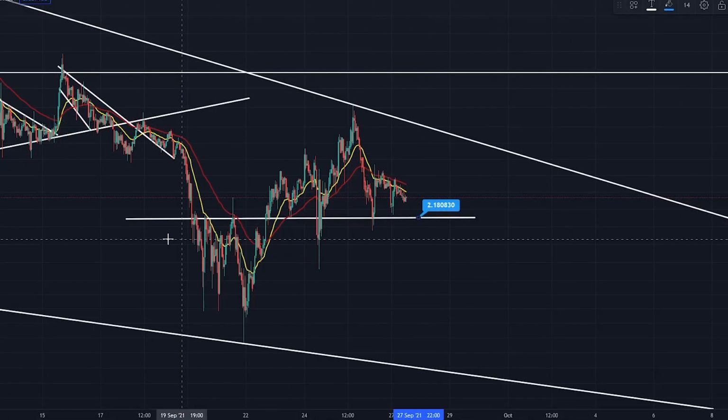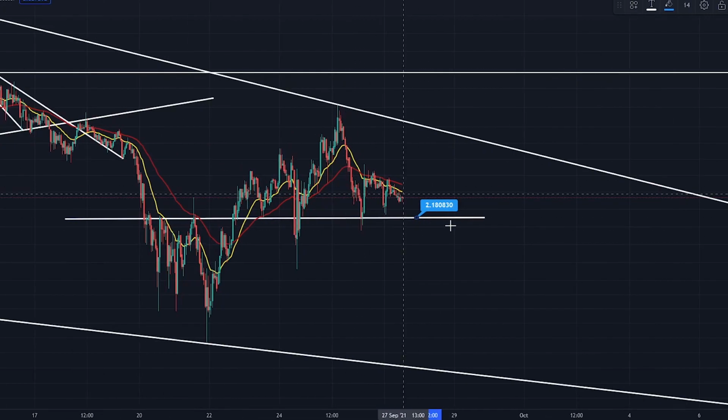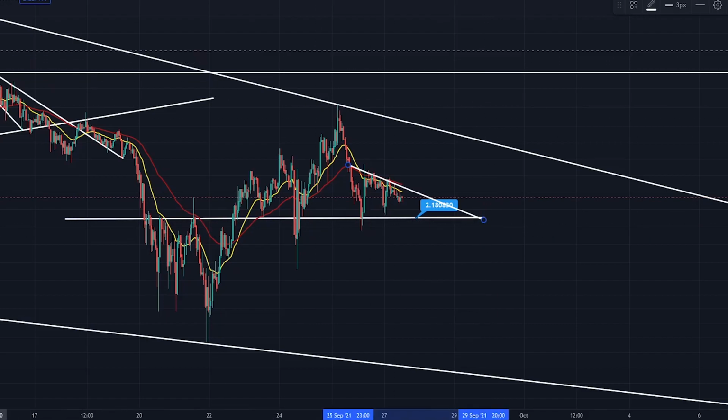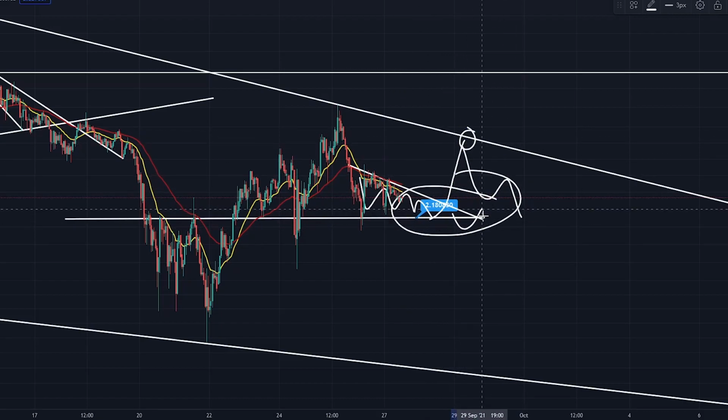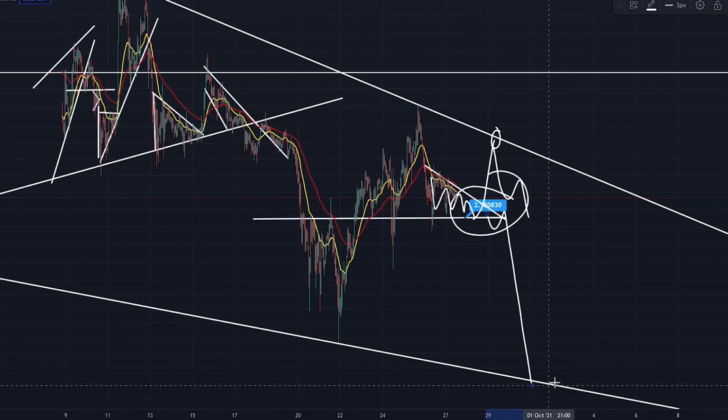If you do start to see it come down and lose 18, okay, because there is a bit of a descending triangle just here for Cardano. Do you see that? So you're under a level of resistance, you're doing something like this, boom, boom, boom, coming into the apex. You might get a bit of a relief rally, come up and hit that again, but if you start to lose this level of support just there, I would anticipate you're going to come back down lower to this trend line.